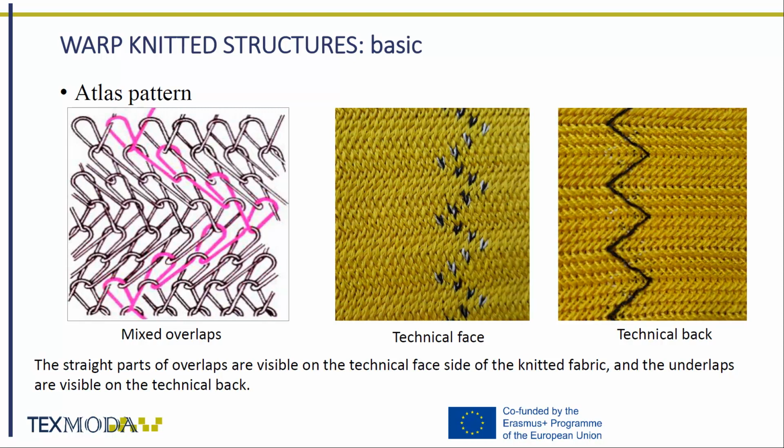In the case of gradual laying, each yarn is fed gradually on the first, second, third, etc. needle. After a certain number of courses, lapping goes back. By gradual laying, atlas with open, closed, or mixed overlaps is created. The mixed atlas is the most popular.